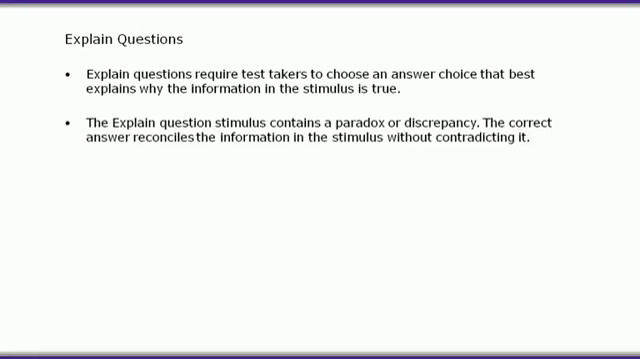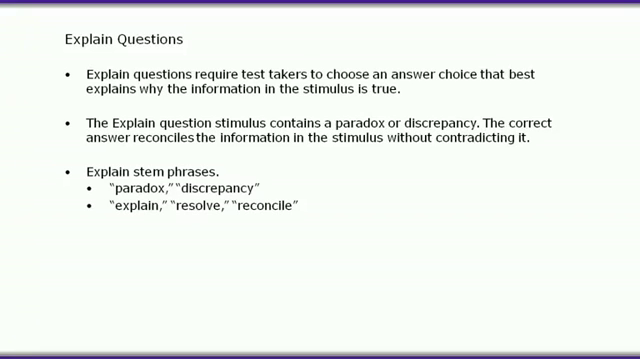In fact, and this is true in every explain stimulus, it is possible for everything in the stimulus to be true all at the same time. Your job is to figure out how. The correct answer choice will reconcile all of the information in the stimulus. The words paradox and discrepancy often appear in explain question stems. If you see either of them, or the words explain, resolve, or reconcile in a stem, chances are you're looking